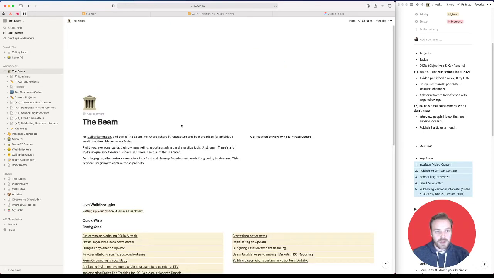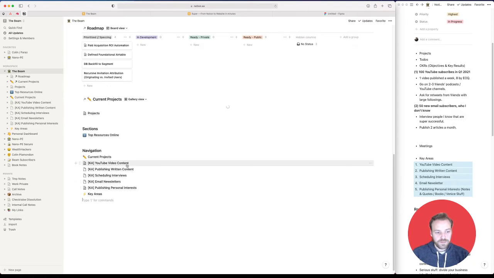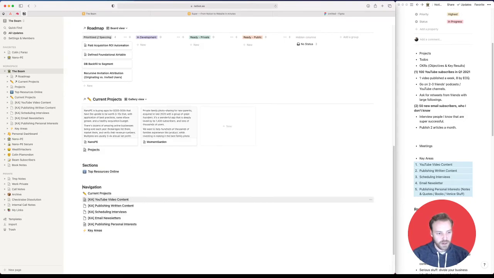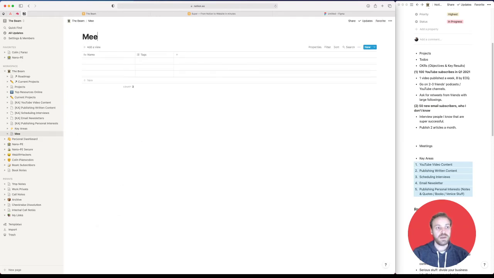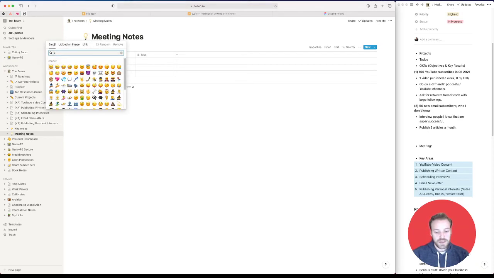So what I'm going to do is very similar to what we did before. And then I'm just going to call this whole area working in public. And then I'm going to create another table for meeting notes. And then I'm going to give this an icon, because seriously, adding icons makes it a lot easier to see